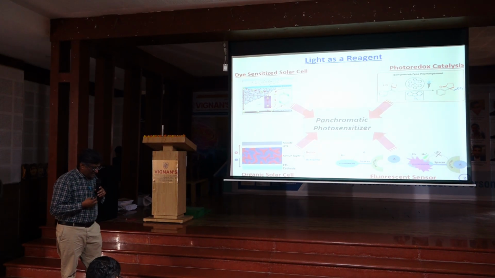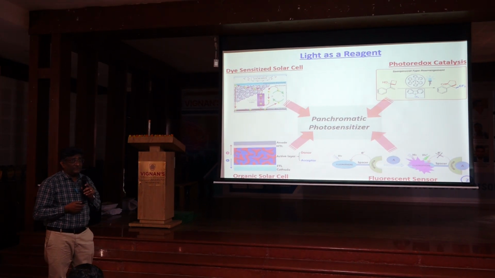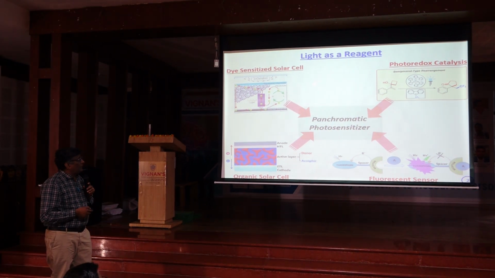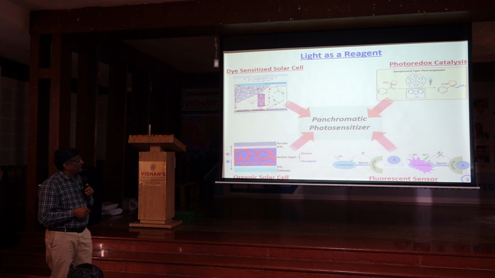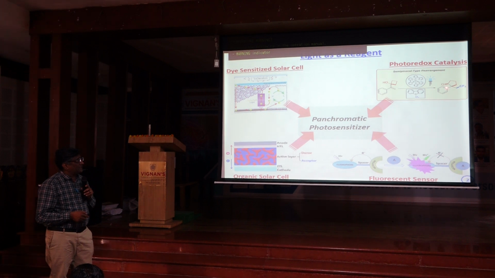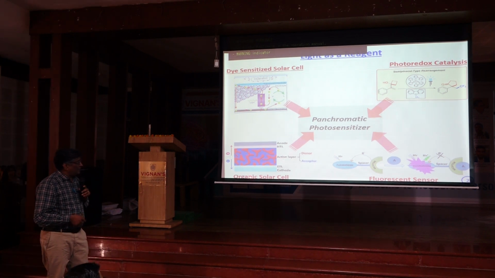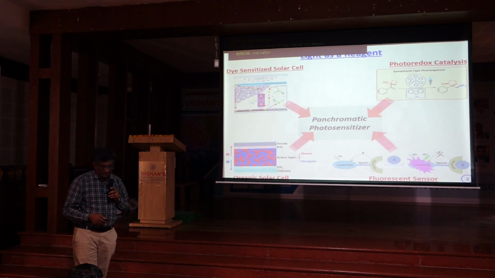Basically, light as a reagent: how can you use light and where is it actually useful? Old dye-sensitized solar cells use photosensitizers, where light is used to excite them, or photoredox catalysis, which is very famous in organic chemistry and started with ruthenium tris-bipyridine by MacMillan. You can also use it in organic solar cells and fluorescent sensors. But the main ingredient of all this is